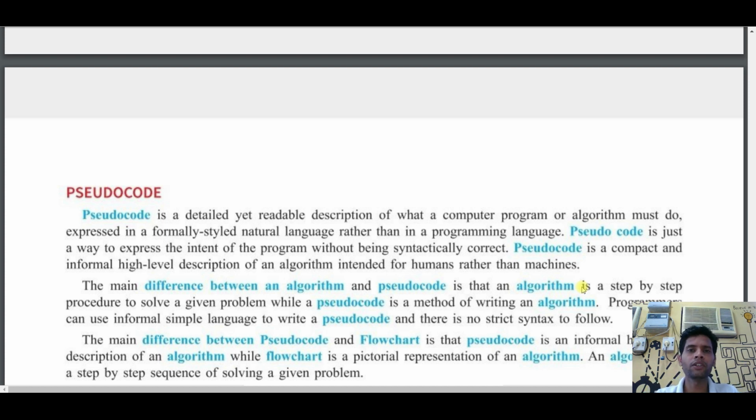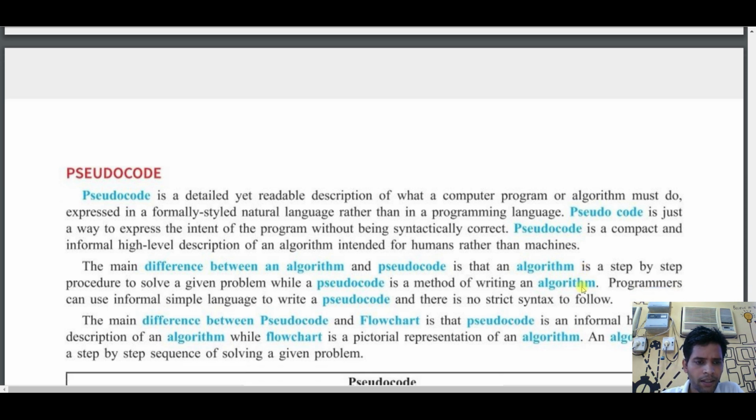Whenever you are doing rough work, you will write in your own language, in short language, sometimes not in neat and clean handwriting. Clear? But finally, when you are going to do it fair, you will write in proper language as well as in neat and clean handwriting with clean steps.